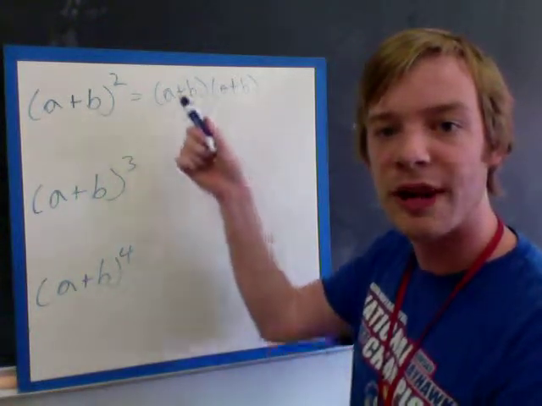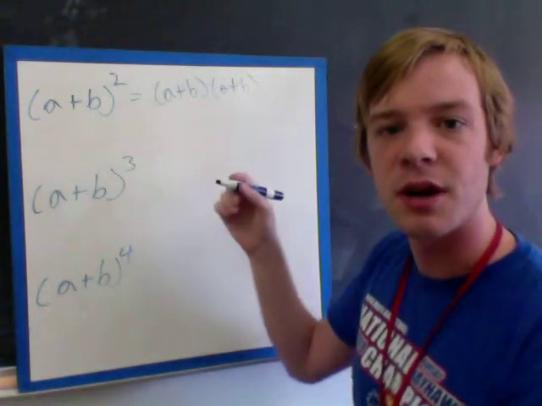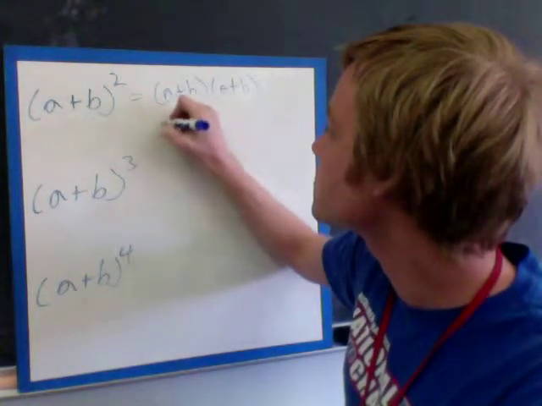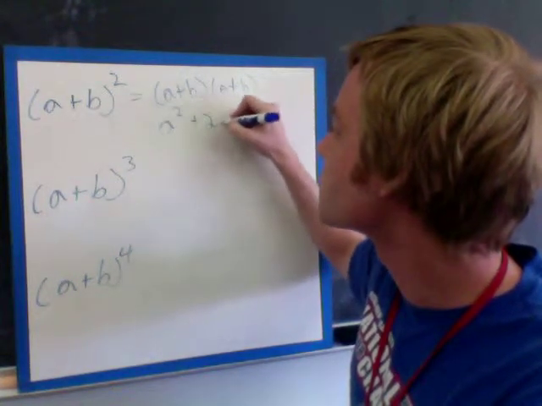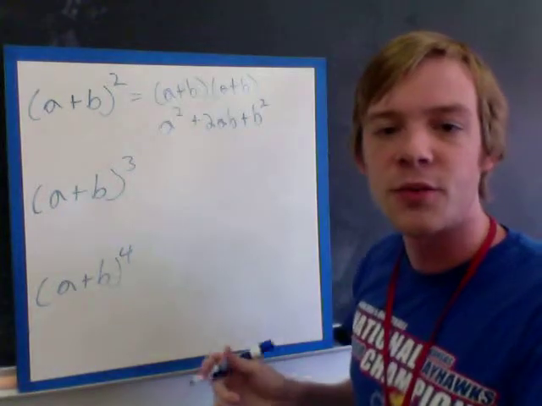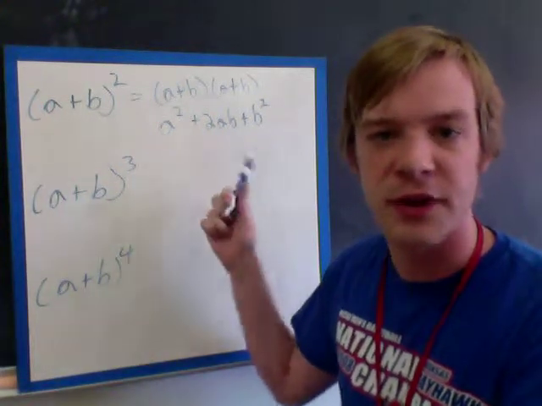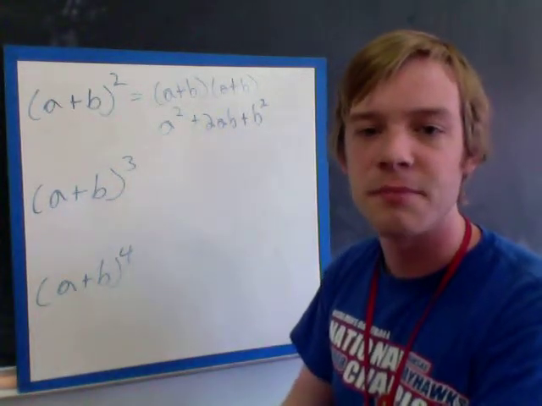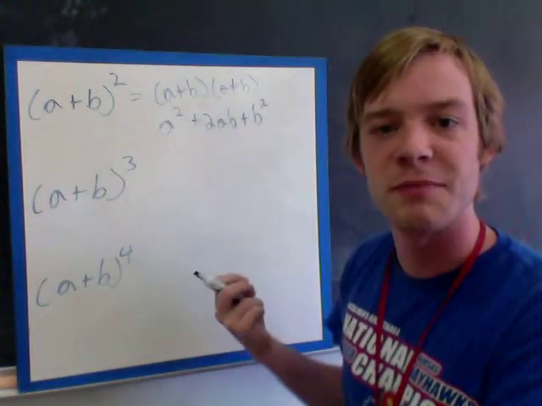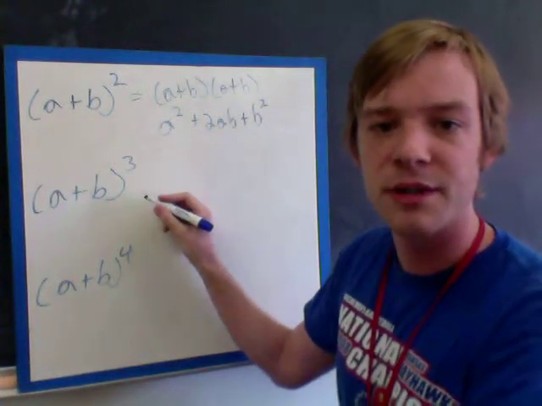Now, if we were to actually multiply this out, I would get a squared plus 2ab plus b squared. And if you want to go ahead and multiply that out yourself to verify that it works, you can do that. But trust me, if you multiply those two together, we get a squared plus 2ab plus b squared. Now if I have three binomials together,